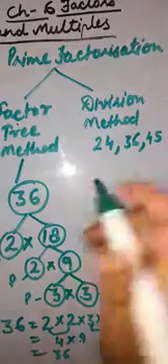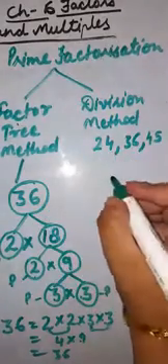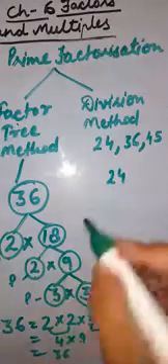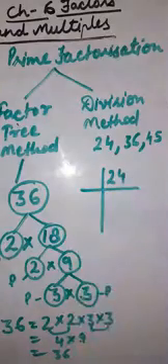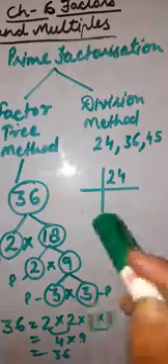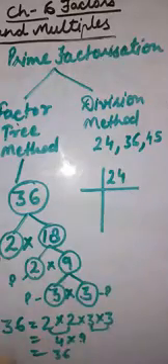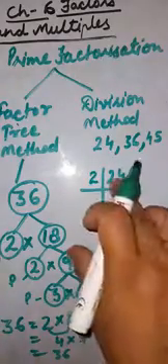So in the division method, first take this number 24, right children? So here we will divide this number by 2. Whenever we solve the division method, we just start from the smallest prime number. And which one is the smallest prime number? Yes, 2. 2 is the smallest prime number, right? Because 1 is neither a prime number nor a composite number. So we'll start from 2 here, right? So just divide 24 by 2.